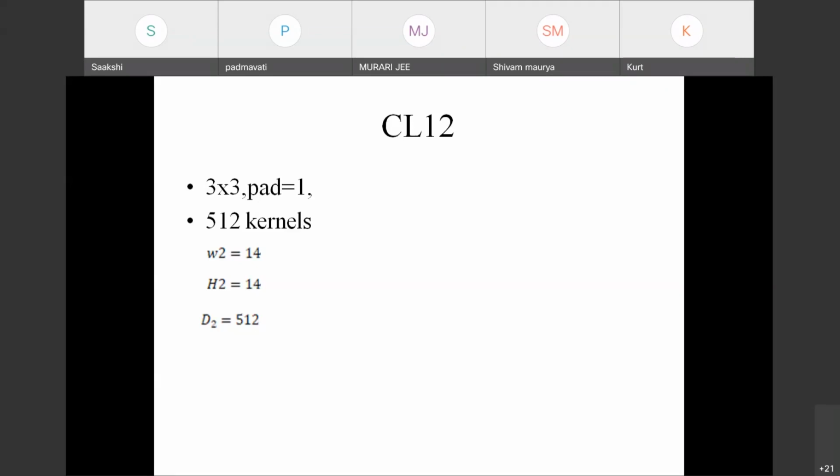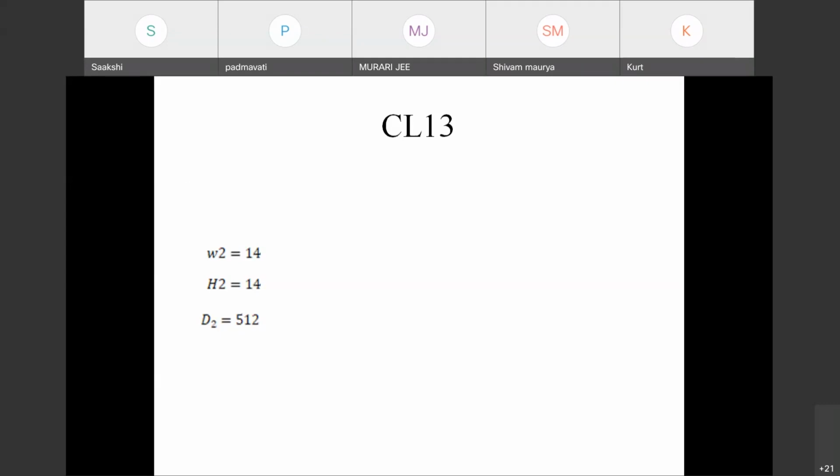It should be 3 cross 3 cross 512 plus 1, multiplied by 512, because the input to this particular operation again has depth 512, so I will be using the same depth as my input. So the kernel depth will remain the same as my input, that is 512. Hence 3 cross 3 cross 512 plus 1, multiplied by 512,